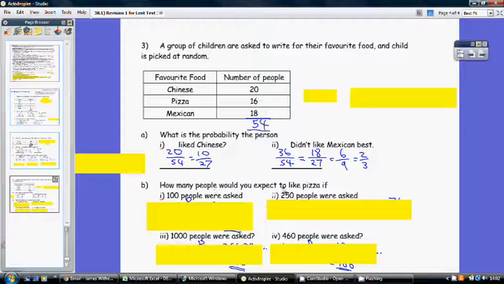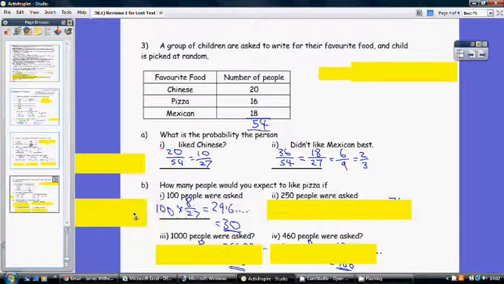Now, how many people would you expect to like pizza if 100 people were asked? Well, the probability of liking pizza is, oh, I thought it was heading up there, it isn't. The probability of liking pizza is 16 out of 54, which simplifies down to 8 out of 27 if you halve the top and the bottom. So the probability of